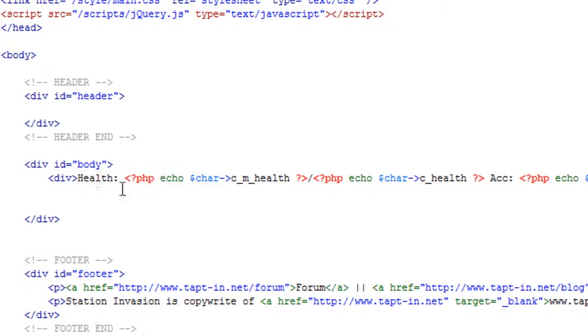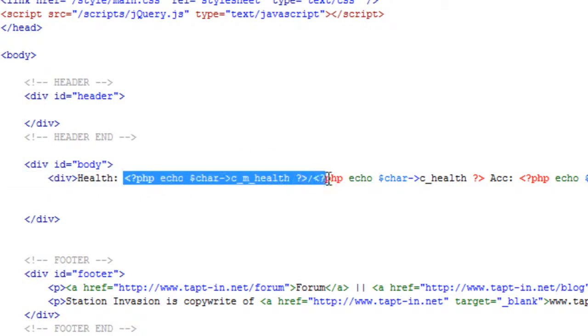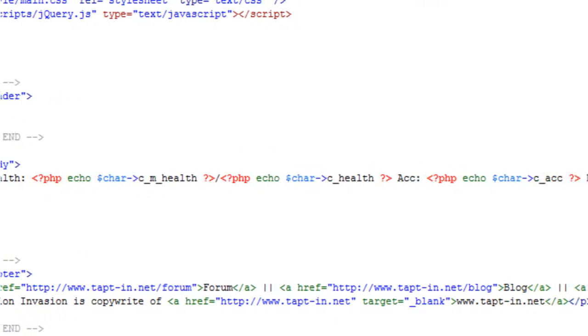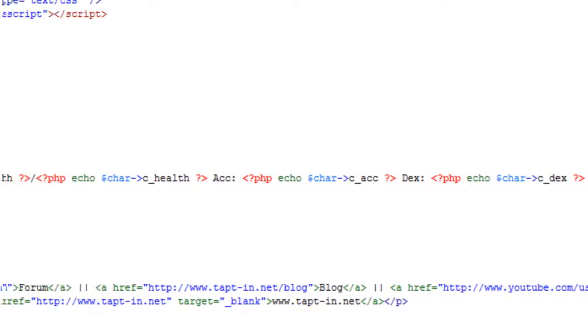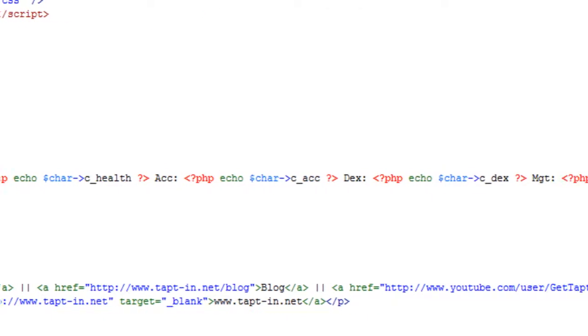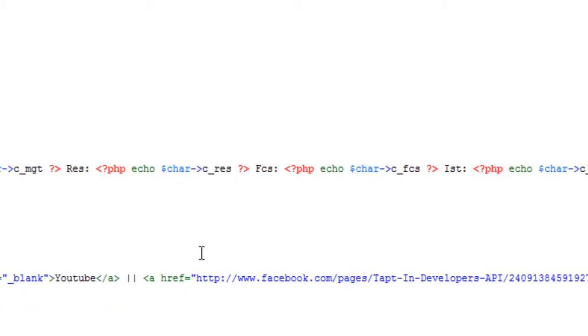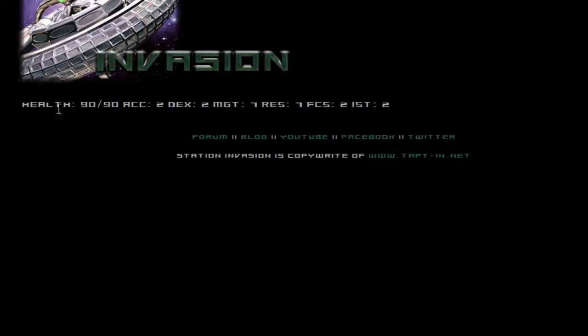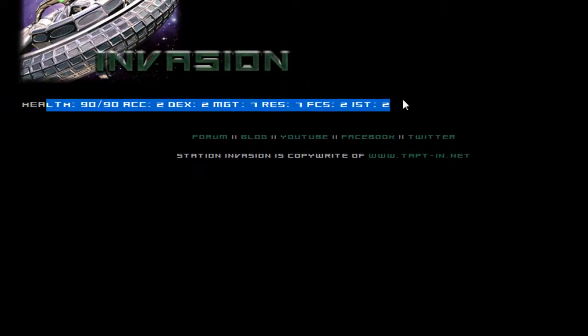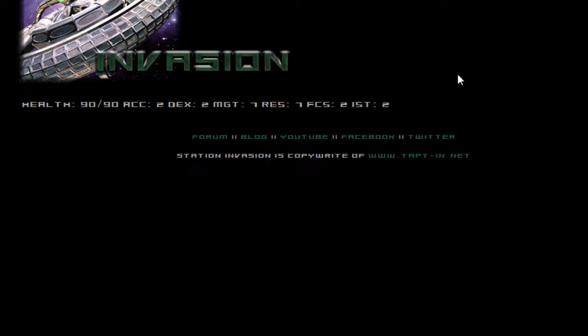Inside this div, we just echo out each of the stats. Well, I've got the health, we've got accuracy, dexterity, might, resistance, focus, and insight. And out on the page it just looks like this. I'm not going to worry too much about styling at the minute,